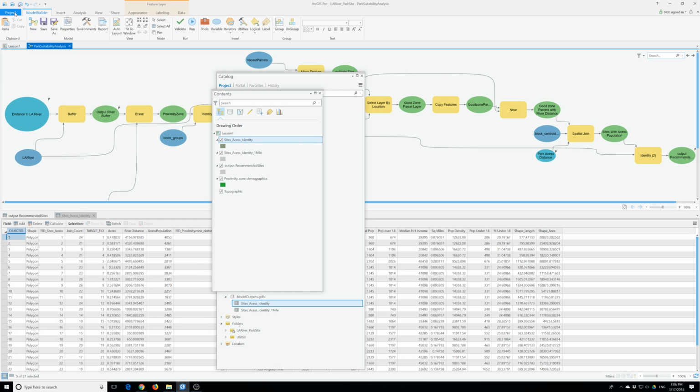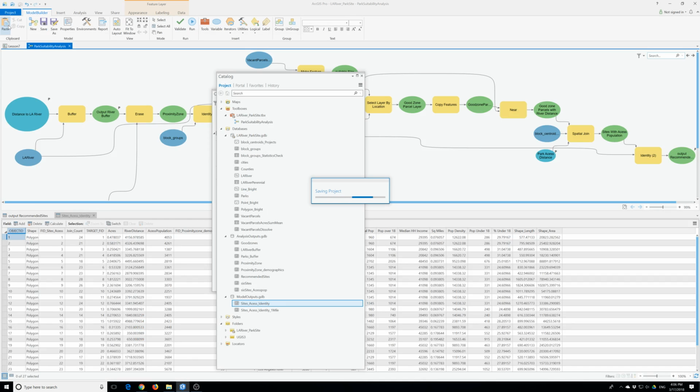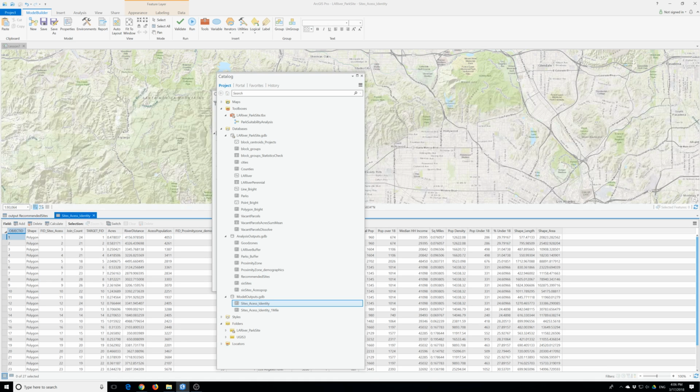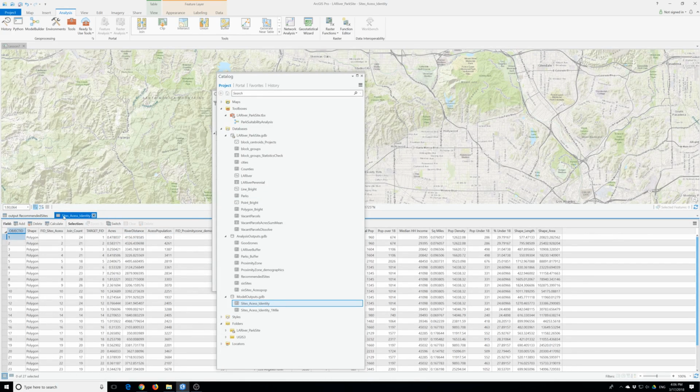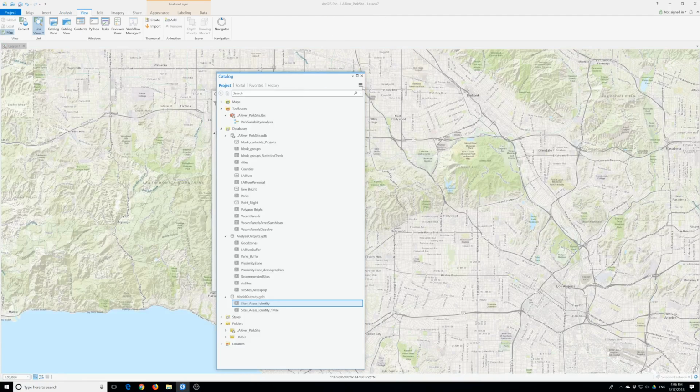So save the model and I'm going to save the project. And we will run the tool using different values. Now we will run the model using some different parameter values. So I'm going to close it out. Okay, I saved everything and I don't need to see this. So I'm going to